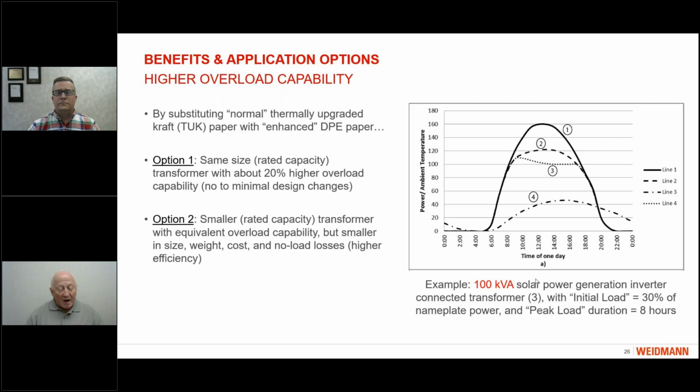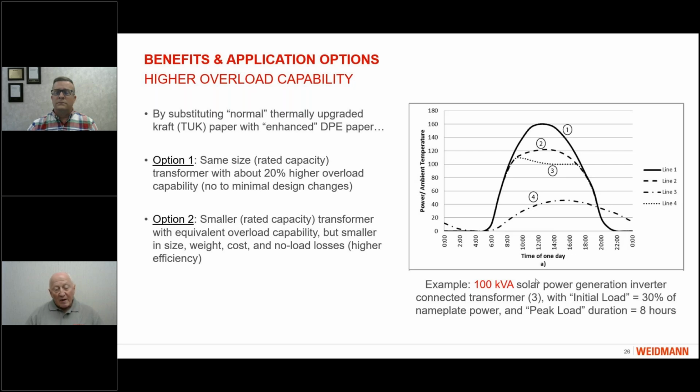And the other benefit that comes from this higher temperature system is higher overload capability of transformers. And this higher overload capability can be used in different ways. We can use this simply by having the capability to run the transformer longer or for a shorter time. Or we can design a smaller transformer with less kVA nominal capacity, and this transformer still will be able to cover the necessary overload